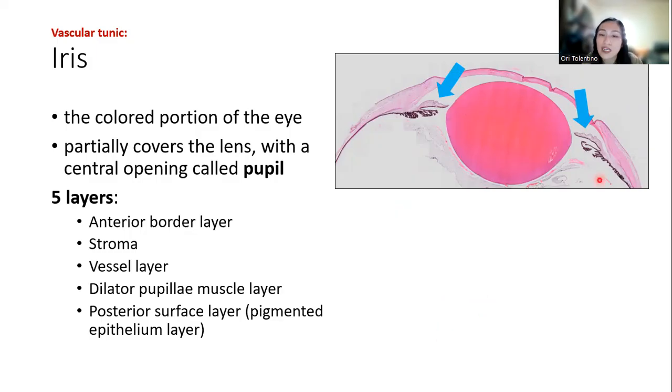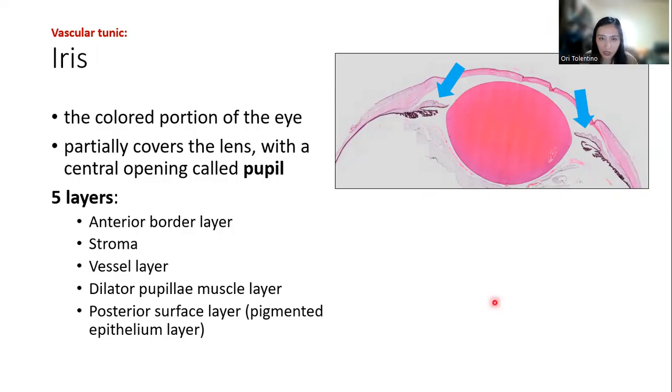So in our lab slide, actually, the structure is distorted. The lens is pushed out. And normally the pupil is very small, okay, with the lens behind it. But you can see the pupil is now big and the lens is pushed out. Okay, this is all the fault of the specimen processing, okay? So, but just know that the lens is behind the iris. The iris surrounds the lens on all sides and has a small opening right here called the pupil.